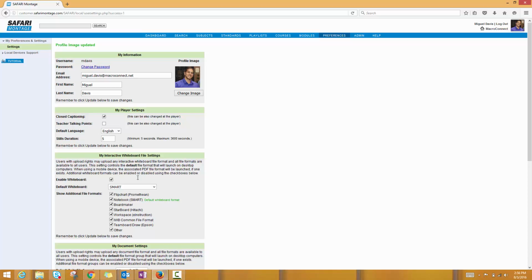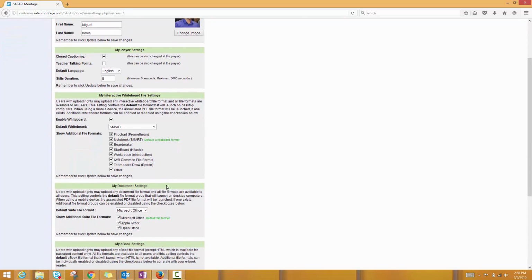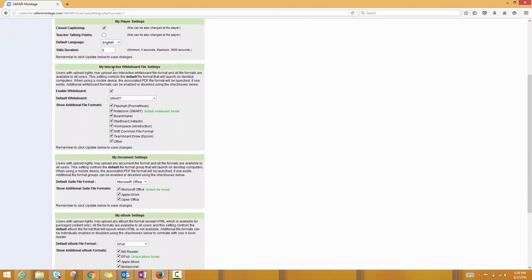A few sections I'd like to point out here in the Preferences section deal with file types. Here you can see in the Interactive Whiteboard File Settings section, my default whiteboard file for now is Smart Files, but maybe I'm a Promethean user and I can click this drop down and update it so that when I click any interactive whiteboard file in the system, whether I'm doing a search or pulling up something that maybe I've uploaded to the system or one of my colleagues has, it'll automatically, by default, launch the Promethean application